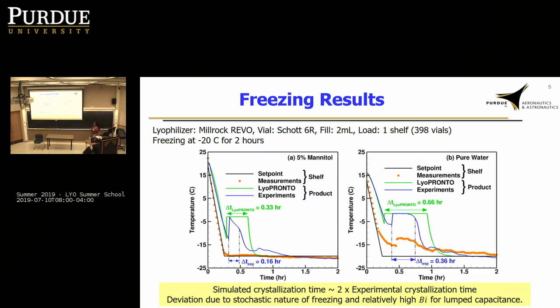So basically, we know that freezing is an extremely stochastic process. The nucleation time, unless you do controlled nucleation, it's very difficult to predict when it happens. Because of all the complexities associated with predicting any freezing process, this agreement is more or less okay, provided you use some kind of factor of safety and then use that total time to determine or design your cycle for the product. So Peter will now show you how to run LyoPronto to get one of these plots, and then we'll move on to the next mode.